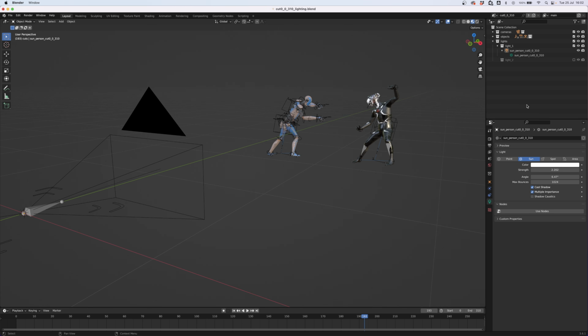But before we do that, I want to do a bit more to the scene, play around with the lighting, and try and add some 3D swords to our characters, as well as some tracking data for the swords that we can then play around with in After Effects as well.